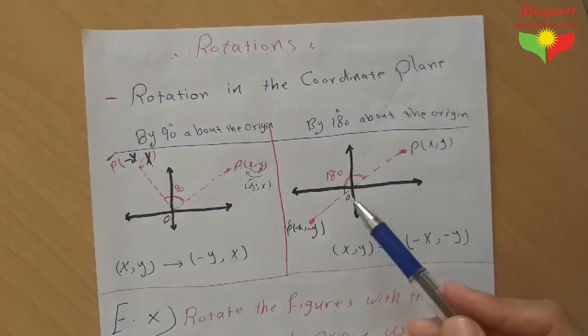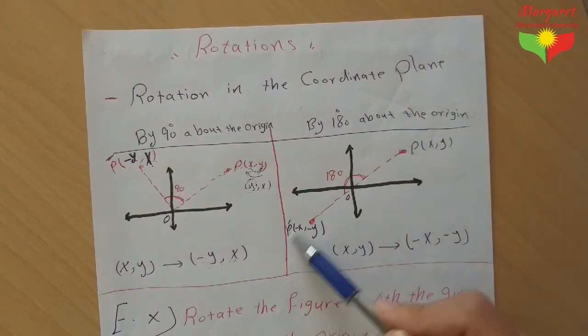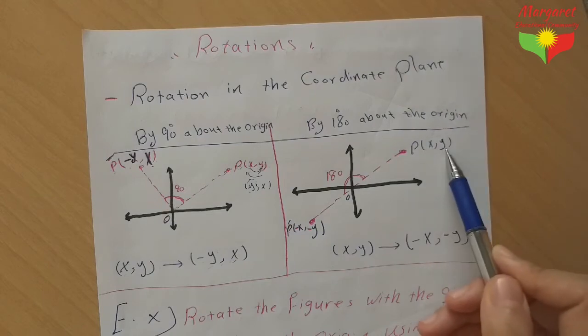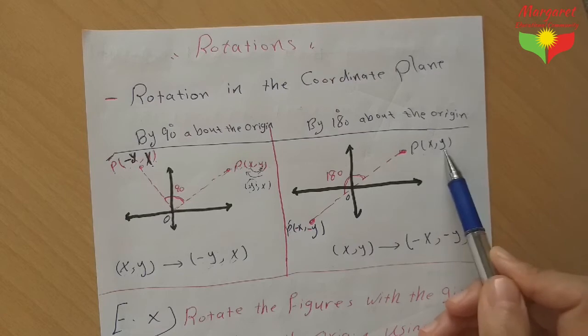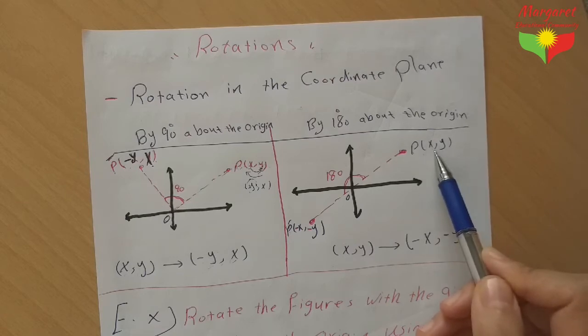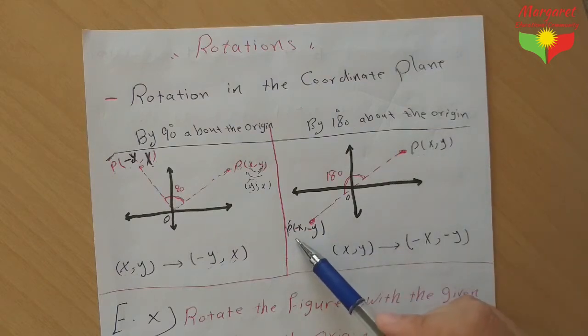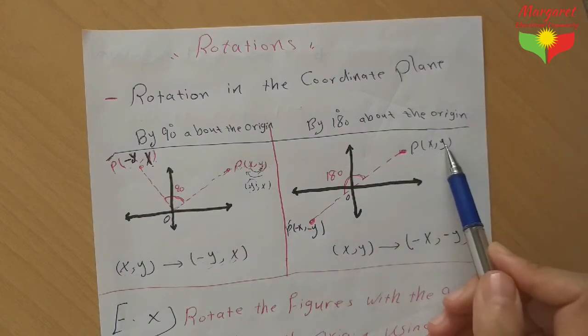P becomes P prime and only the sign of x y changes. Here the value x y is positive and after finding the rotation by 180 degrees about the origin, change the sign of x y from